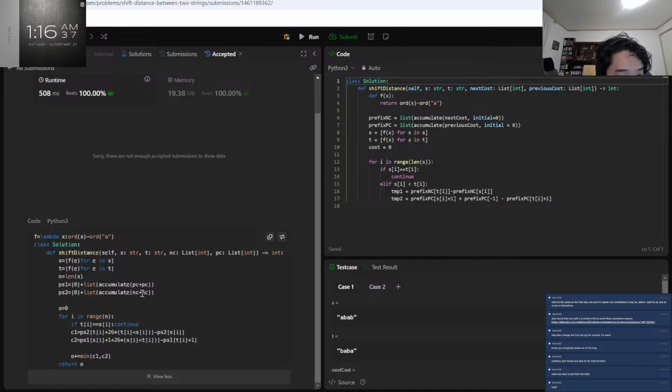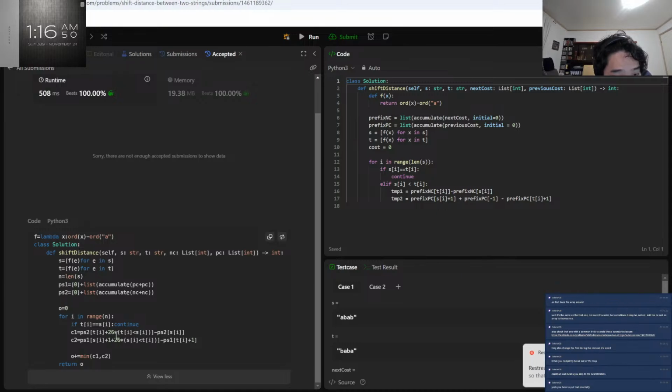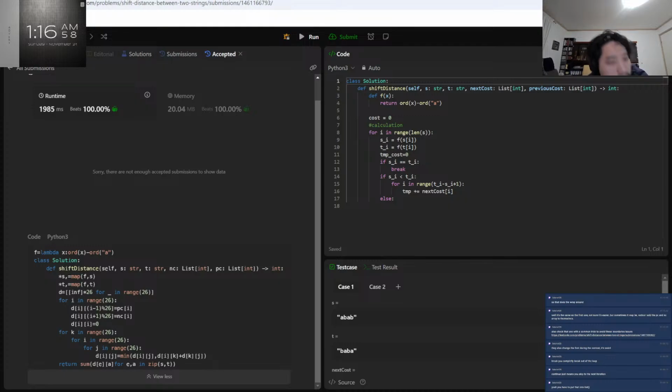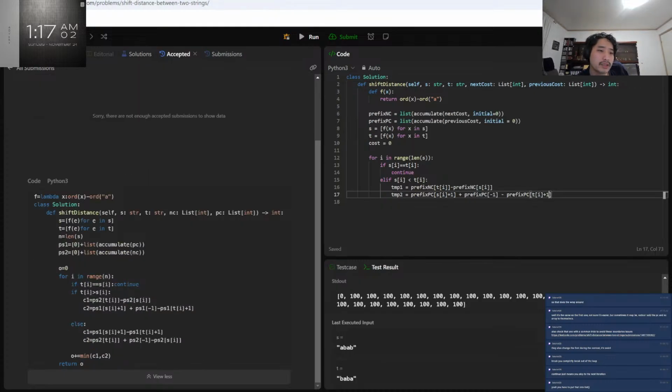Yeah. And that confused me, because I was reading here, okay, you take the next cast of T of I plus 26 times something that can be... Okay, I don't think... I understand it to some degrees, but not like completely.